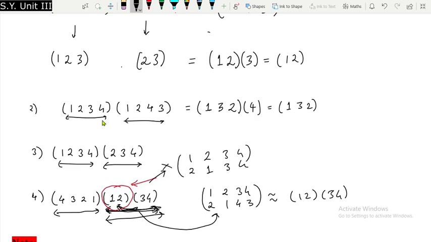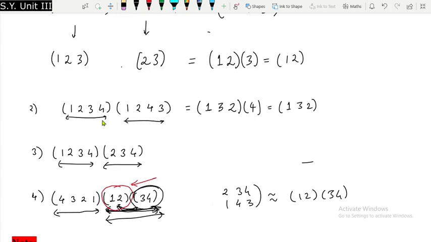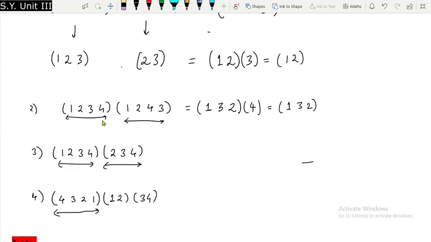Is that fine? Right? And I hope you understood now, if you treat this 3, 4 as a separate element, then there will be a slight change. 3 will map to 4, 4 will map to 3 and 1 is mapping to 1 and 2 is mapping to 2. If you talk about 3, 4 alone, right? Now let us focus on the composition. Yeah, so this is equal to and this is equal to. First of all we'll go for this.